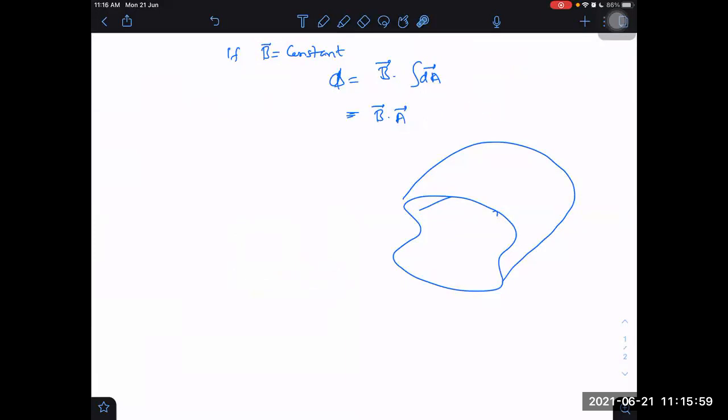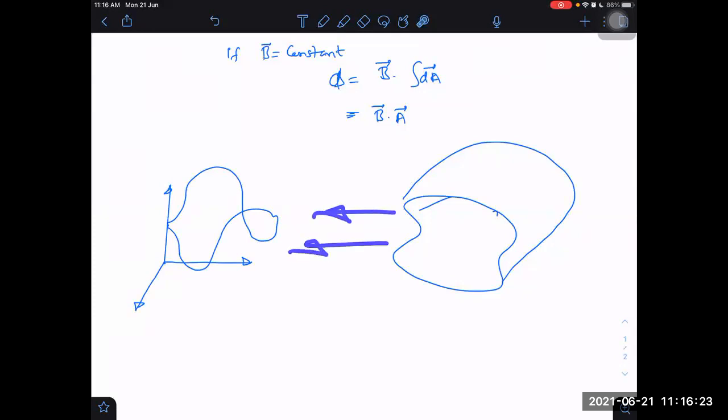So even if they give a very complicated looking loop, although they will not give complicated ones, why would they give that? But anyway, let us say there's an imaginary loop I'm taking, going in a very complicated, very strange fashion. If you want to really find out this area vector, then I recommend a very simple trick. Take its projection in X, Y, Z. Take its projection in the XY plane once, the YZ plane once. Let us say it comes out to be this.